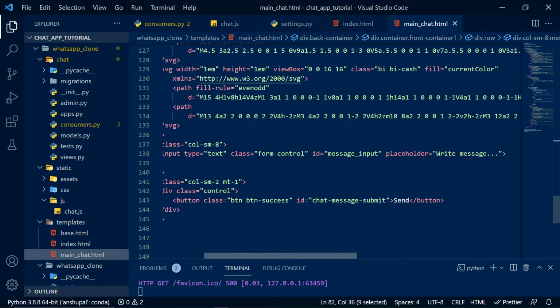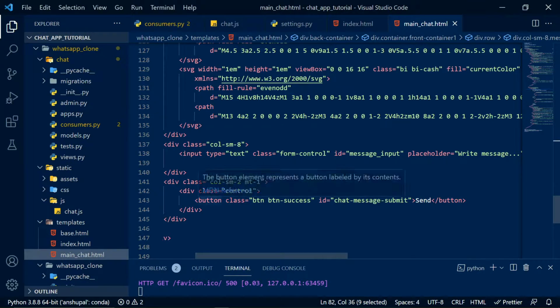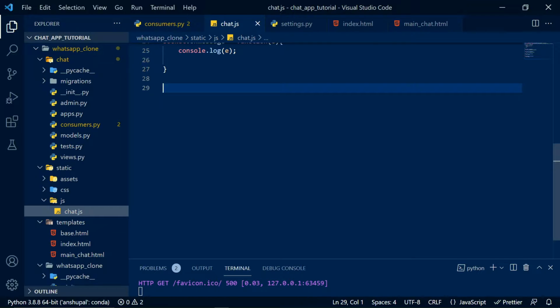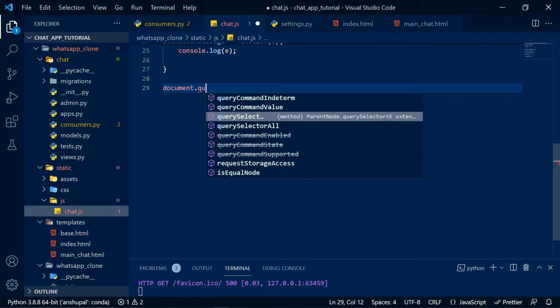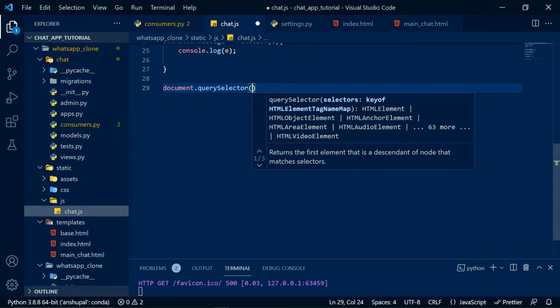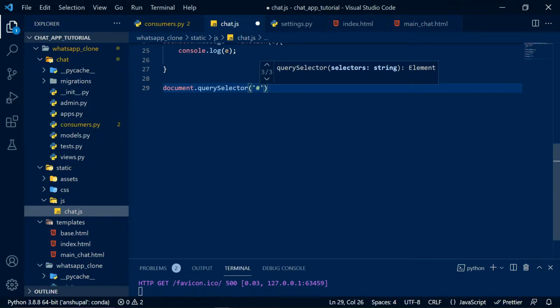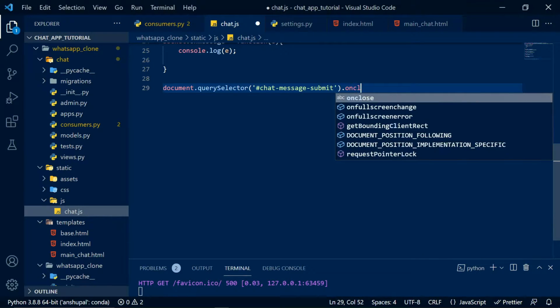So here it is, our form, and this is the button, and the ID is chat-message-submit. So let's get this: document.querySelector, submit.onclick